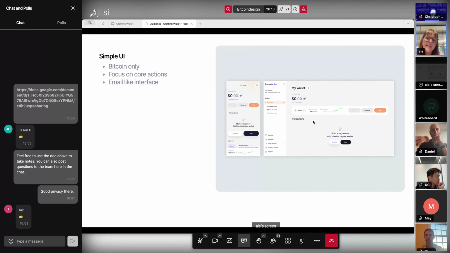But that's basically what you need to know. So by bringing the current price of today to our app, we also eliminate the necessity for the user to go and check a separate Bitcoin price app.